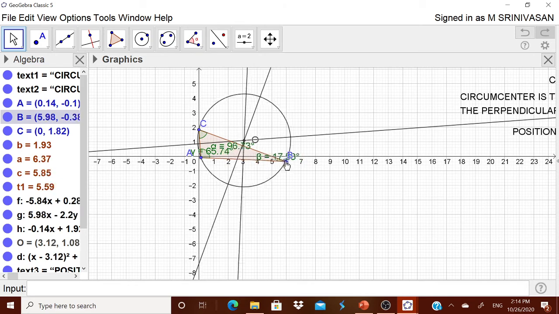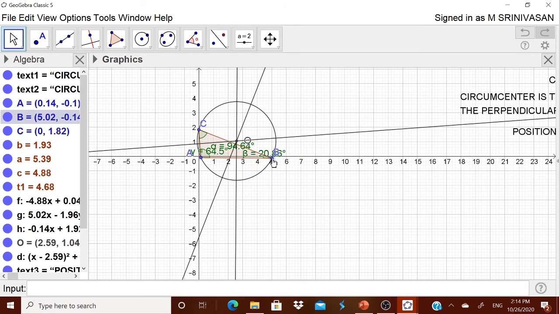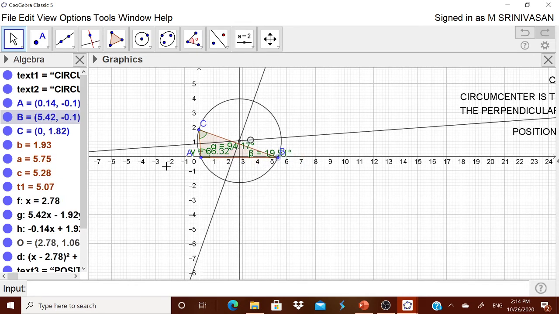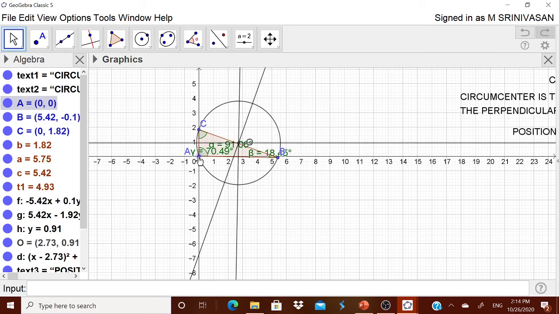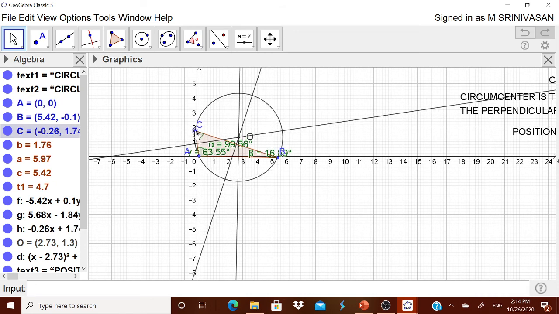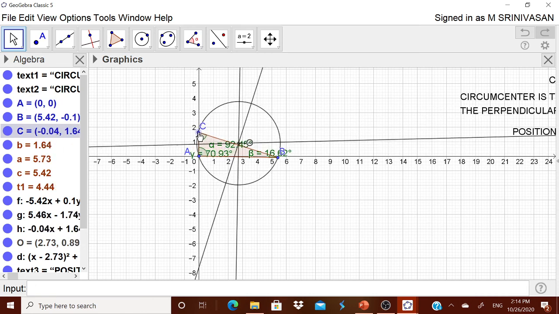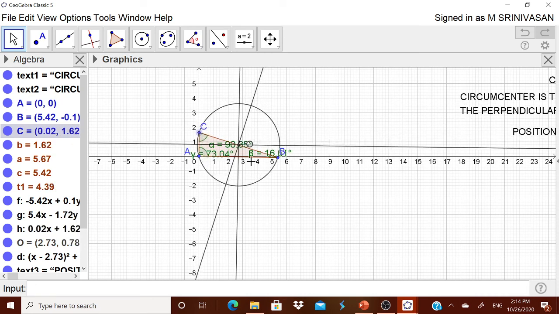This vertex you put on the x-axis. I think you should be a little bit careful putting it. Exactly, it will come over there.